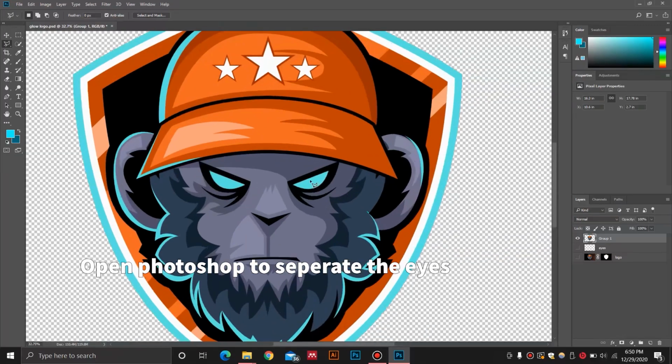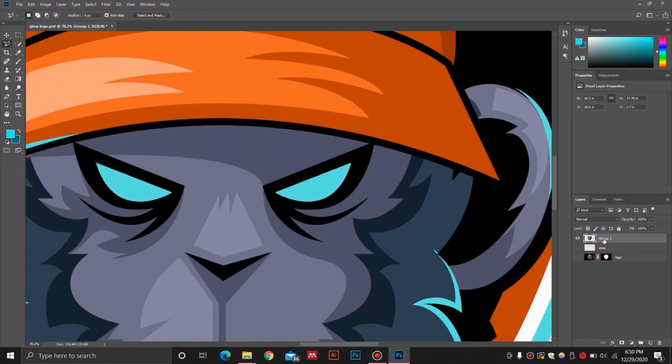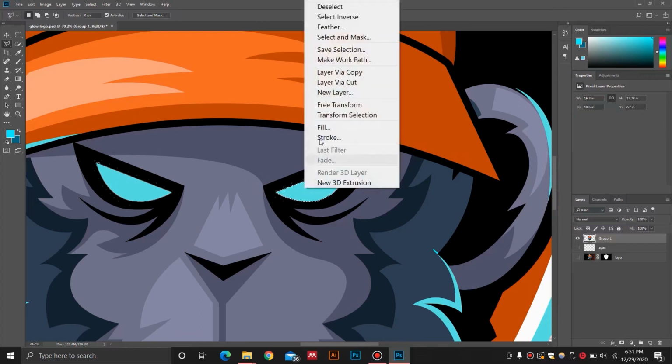So in order to separate these eyes over here, we are just going to go ahead and select this polygon lasso tool over here, or you can select any selection tool that you want, whichever is easy for you. And we are going to select our logo layer over here. And selecting this, we can just go ahead and draw the outline for this, just like this. And you can draw this neatly, but I'm just going to show you an example. And so that's why this will be created.